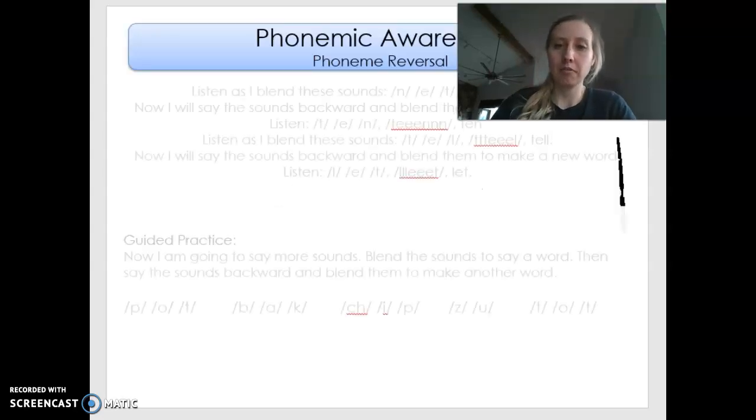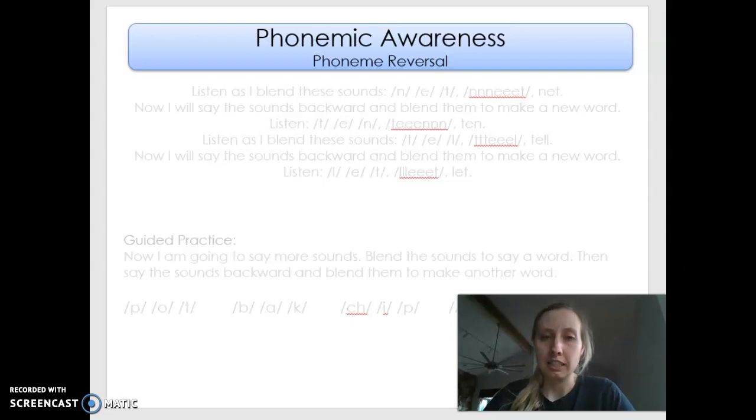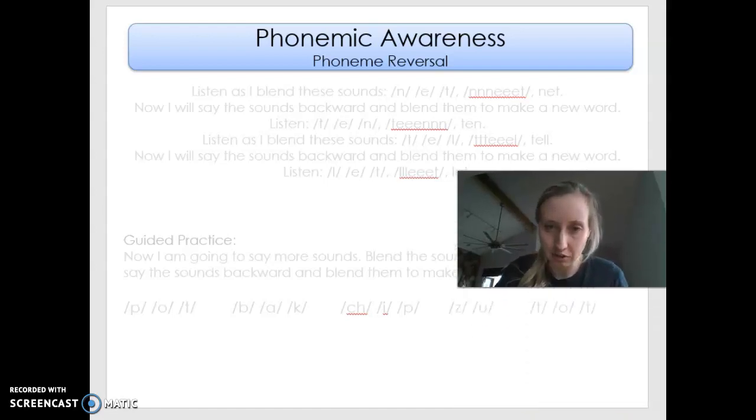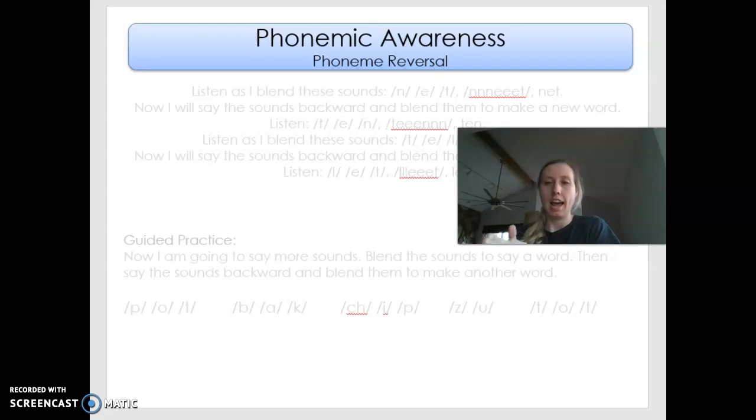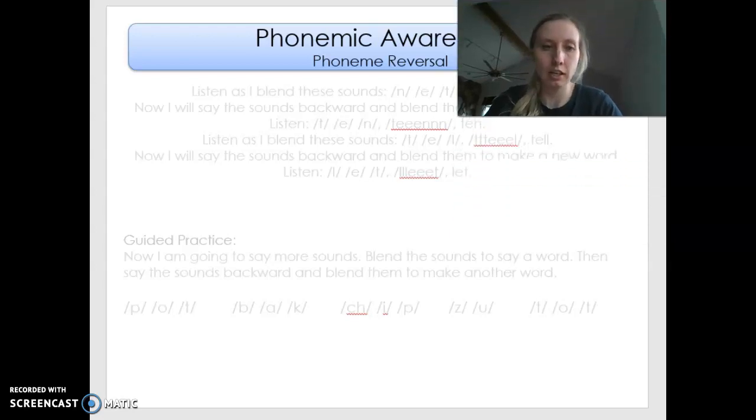We're going to begin with some phonemic awareness. That is where you're going to listen to the sounds and put them together. I'm going to say 3 sounds and you're going to blend it. N, et, net. Okay, let's do a couple more. L, et, let. P, ot, pot. B, ack, back. Ch, ip, chip. Z, oo, zoo. T, ot, tot. Okay, nice job. So we're going to keep going.